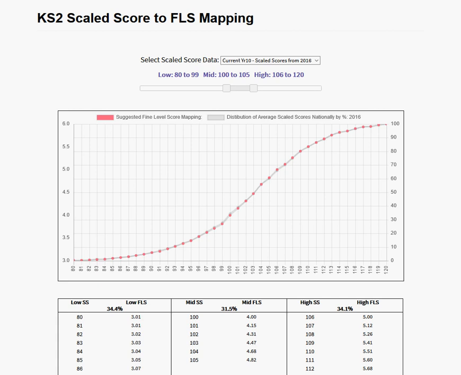So this tool here is one that can be used to help map scaled scores to fine level scores, and the way it works is like this. Currently, if I turn off the suggested fine level score mapping, what this grey line shows is the distribution of scaled scores on a cumulative percentage graph. So you can see for the current Year 10, those who sat their scaled score tests in 2016,